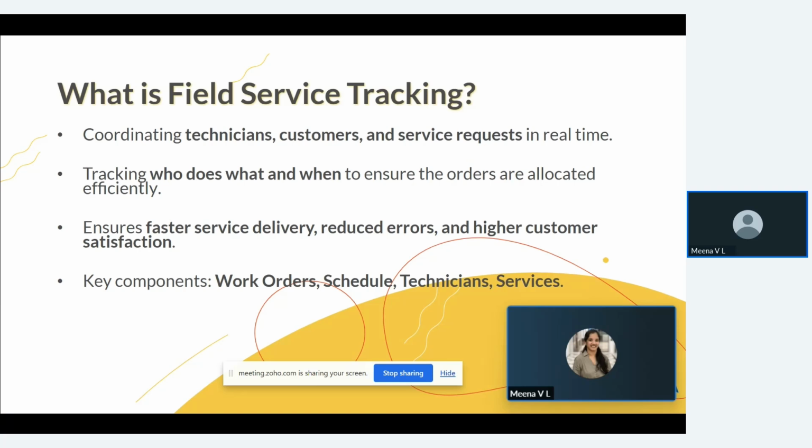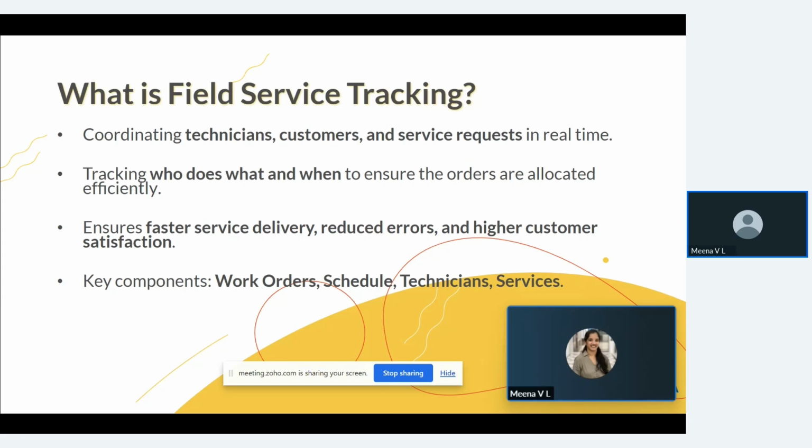As I explained in the business scenario, we are taking this RO installation company as the example. When we build this application, we first need to track the list of work orders that we are receiving. So we should have the customer details, his address, his contact details, what service he is requesting, and his preferred slot and date. We need a technician module where we will have the details of the technician, and connecting these two modules, we will have a schedules module.